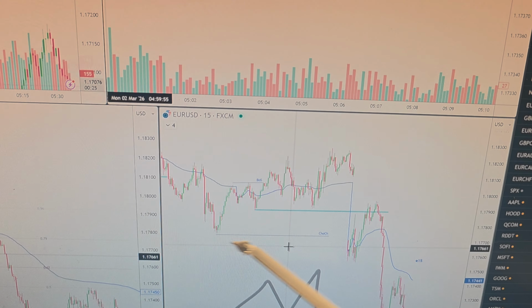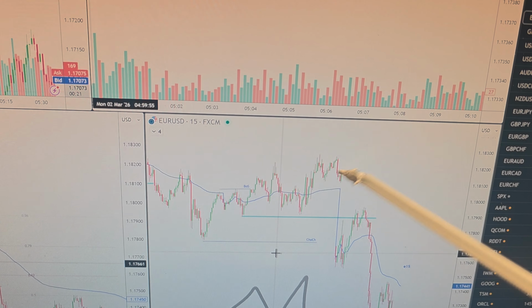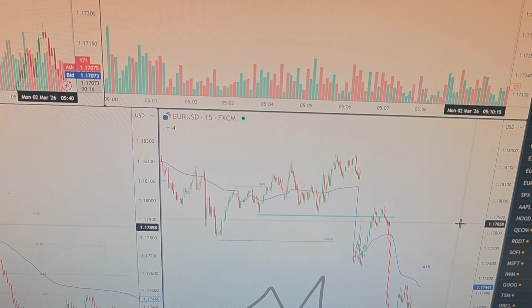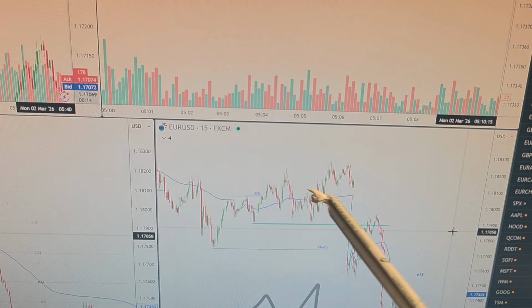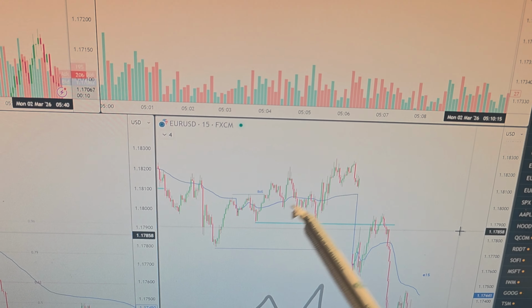We have acceptance under this CHoCH, acceptance under this CHoCH in the form of a gap Sunday afternoon, which is a slight variation on the theme. We BOS here, we CHoCH here. In any case,